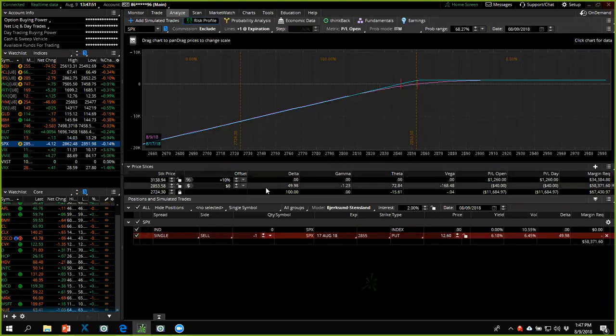Thinkorswim has calculated, here's the Greeks of the position, and